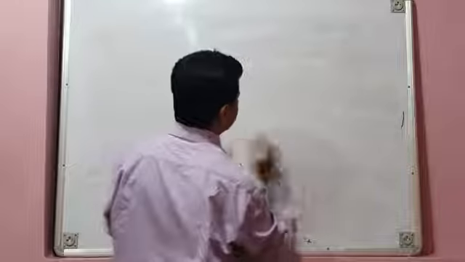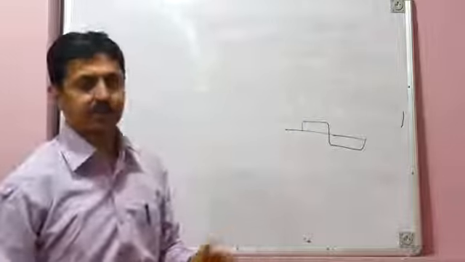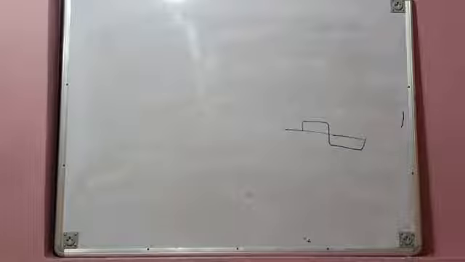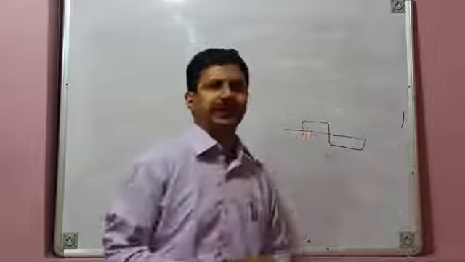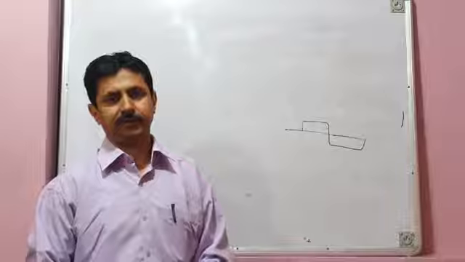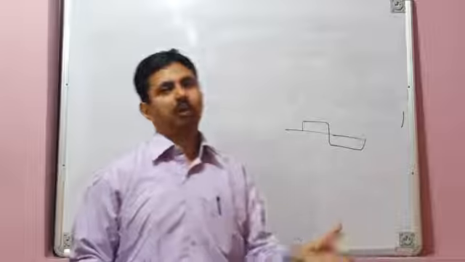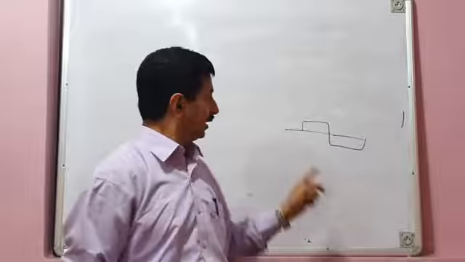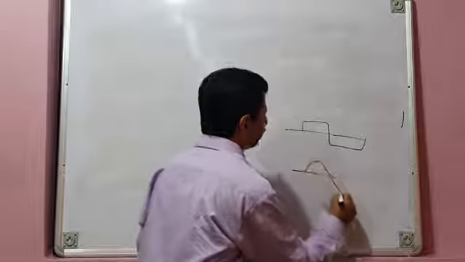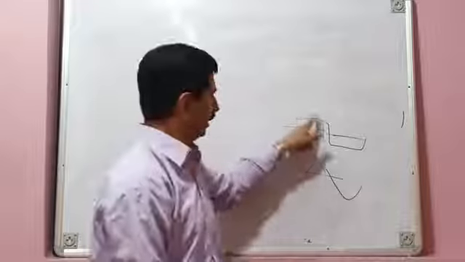Another thing is that your current is like this, it is not sinusoidal, it is non-sinusoidal. So it is very rich in harmonics. We say that the current is distorted. So how do you measure the distortion level in the current? For example, the pollution level in air is measured, and the pollution level in water is measured. Similarly, the pollution level in current can also be measured. Your ideal current should have been sinusoidal, but it is highly distorted. It is rectangular, non-sinusoidal.